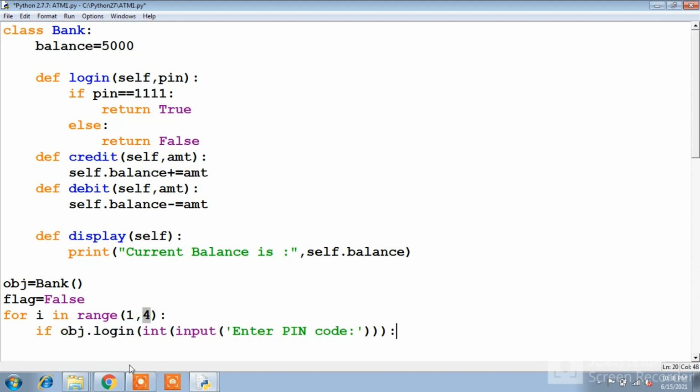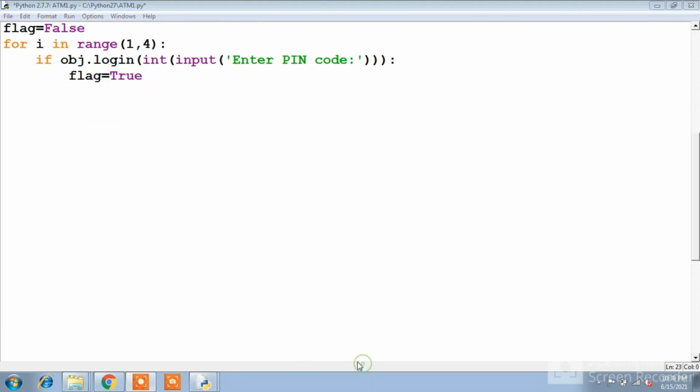If obj.login, I am entering the PIN number and converting it into an integer because input is in string format. If login is true, then I am assigning flag with true.